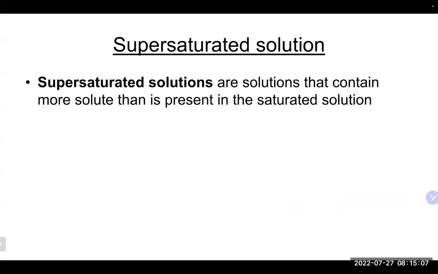So another type of solution is what is known as a supersaturated solution. A supersaturated solution is one that contains way too much solute for that amount of solvent. So it is still a solution, but a lot of times it is a very unstable solution. For example, one way you can make a supersaturated solution, which is an experiment they used to do years ago, you take something like sodium acetate, and you heat it up